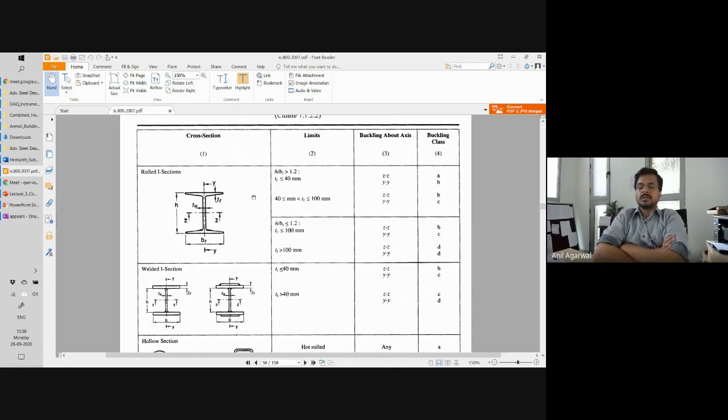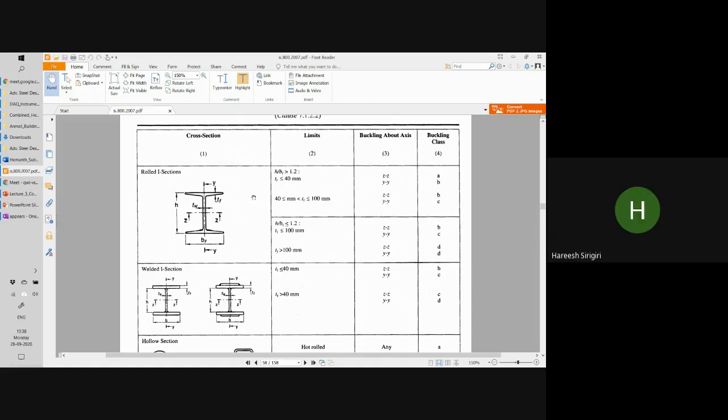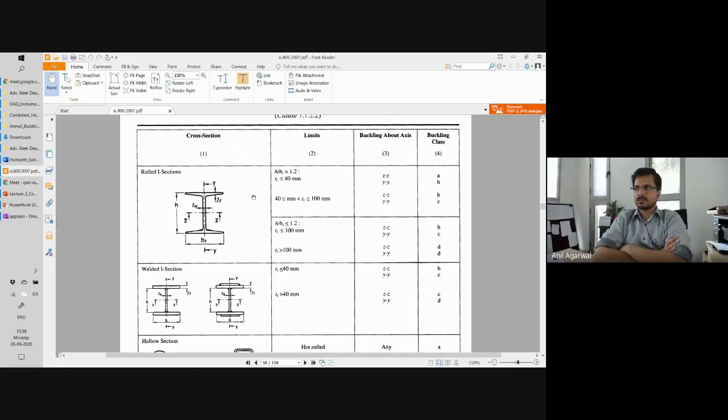See, what you had said in the beginning, somebody had answered, I didn't catch the name, was that they will not undergo local buckling, right? That's what you had said? Yes, sir. Yeah, that is a perfectly correct answer, but not relevant here. Local buckling issues we will discuss later. What I'm talking about here is the issue of residual stresses.